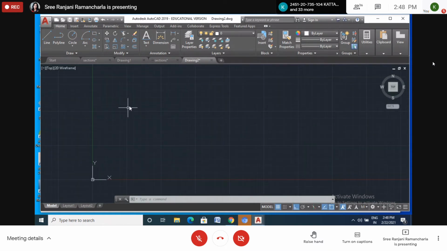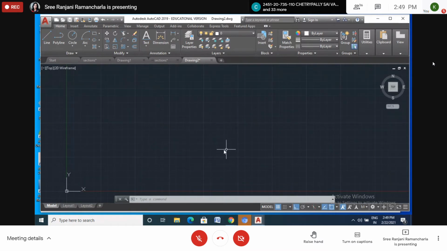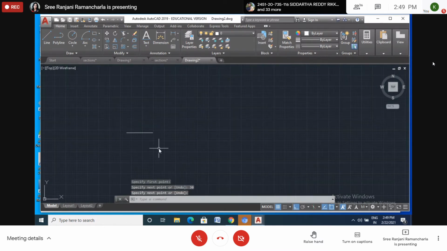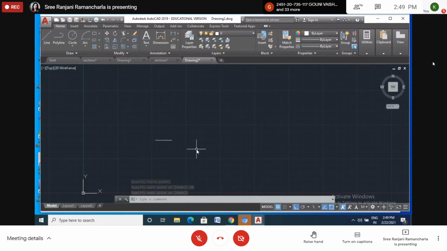So we can start. This is the lower left corner, 0, 0, and the top right corner is 250. Now here I will show an example. I will draw one line. Let us take somewhere, I will draw a line of 30 units, whatever the unit. Okay, now here I got the line.